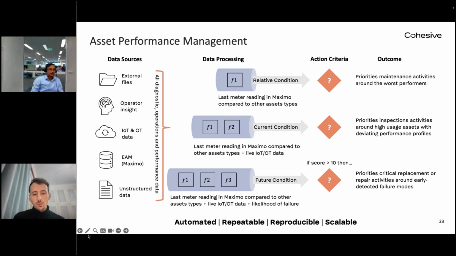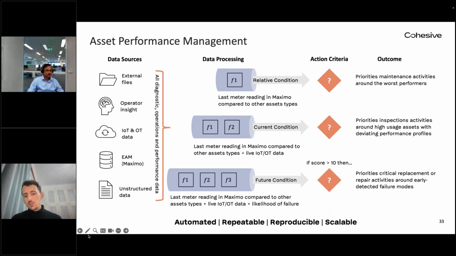If we then move towards the third outcome here, which is that future condition. So how can we be more proactive in anticipating what the condition of an asset will be? This starts to better understand, both from a statistical perspective as well as from a first principles perspective, what are the fundamental things that constitute that particular asset's future condition. And so when we start going into the future and predictive maintenance, there are obviously further complexities introduced and further inaccuracies introduced. And so our planning needs to be reflective or indicative of that.